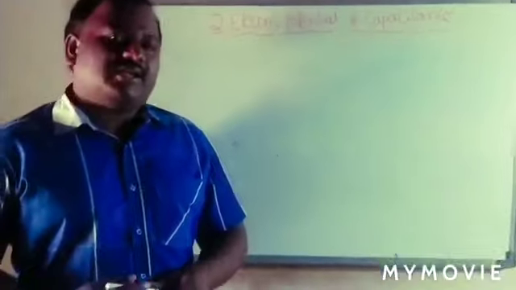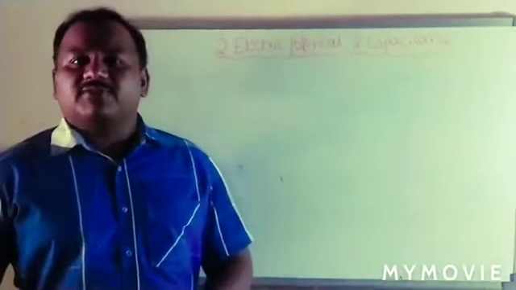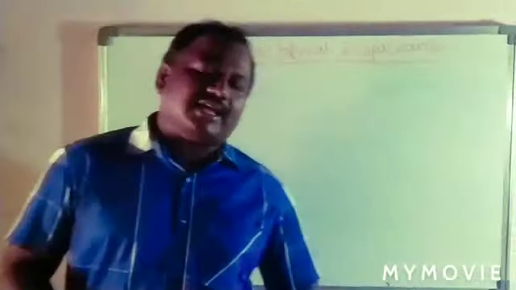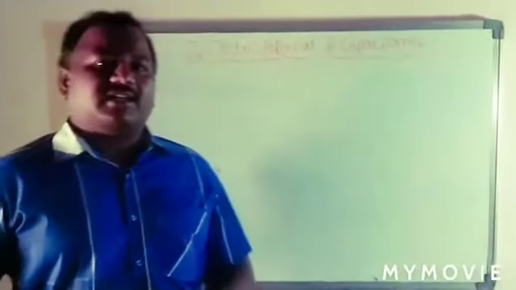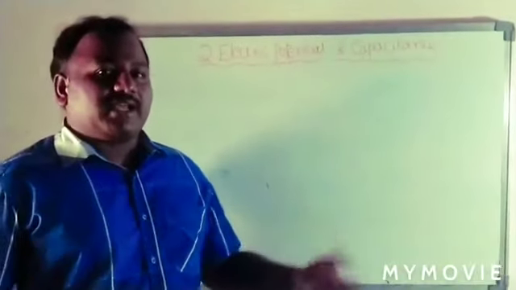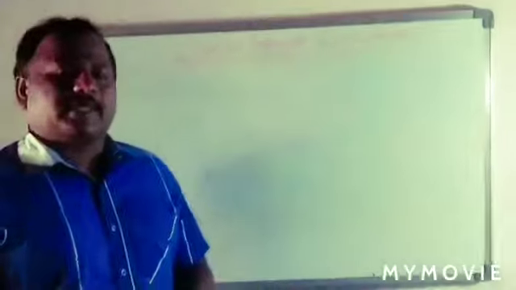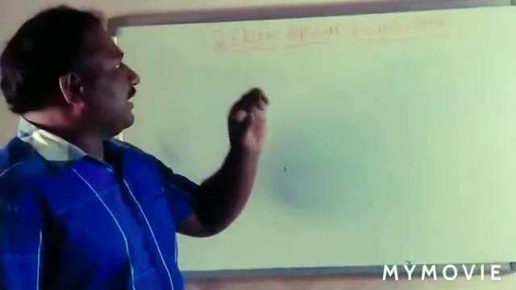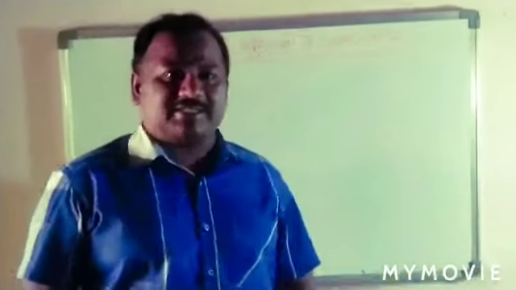In Gauss's law, again you studied what is the electric field due to an infinite line charge, what is the electric field due to a surface charge, and after that what is the electric field due to a spherical shell. These are the topics you covered there. Okay. Now in this lesson we study what is electric potential and what is capacitance.